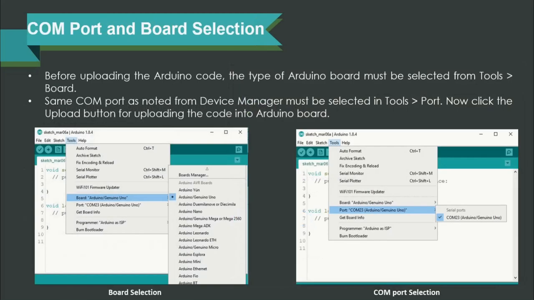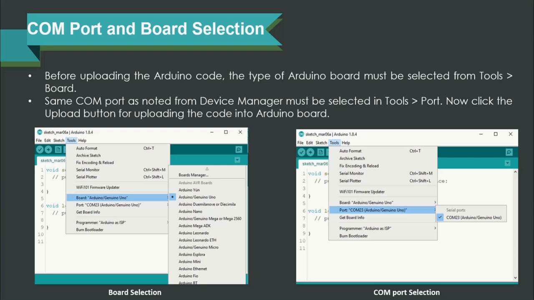The COM port and the board selection is the next important step that you must follow. Before uploading the Arduino code, it is important for you to select which type of board you are going to use. There are multiple variants available in Arduino itself, and we had seen that earlier. So you are writing code and the code has to go into the board. The right board has to be selected, only then the board can handle the code. Here you can see that the board selection has been presented as a screenshot. The board name can be Arduino, and you can select the perfect board that you have in front of you